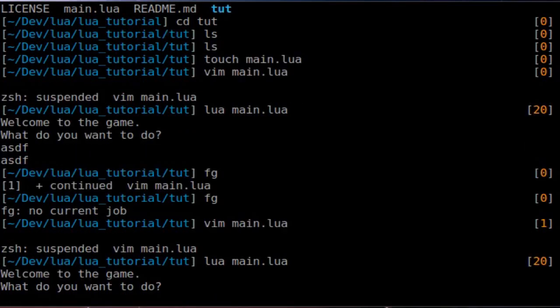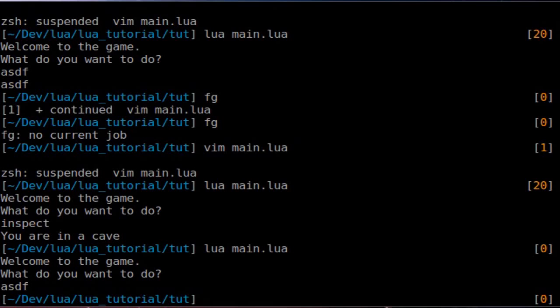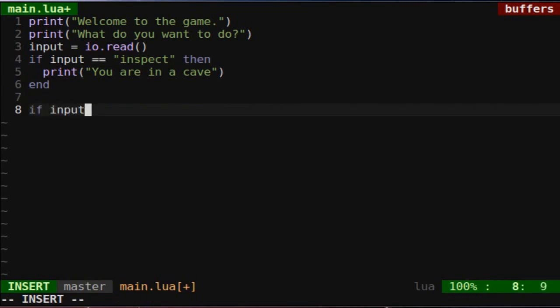Alright, so we're going to just run this now. What do you want to do? If we type inspect, we'll get our output, and if we run this without typing that, we don't get anything. Alright, awesome. So now, let's put another if statement,